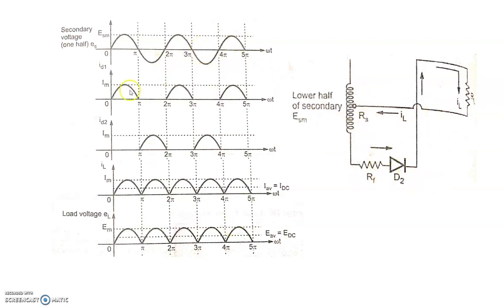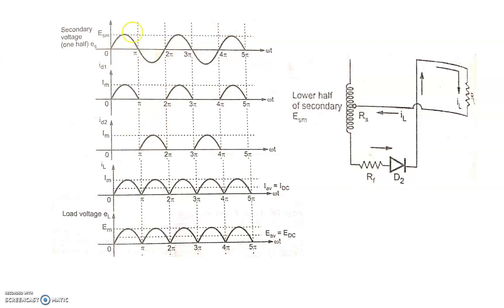So this diagram represents the waveform. First one is the input sine wave. Second one is the positive half cycle output. Third one is the negative half cycle output. Here, during the positive as well as the negative half cycle, the current which flows through the load RL is in the same direction. So for the negative half cycle also, we will get a positive waveform.